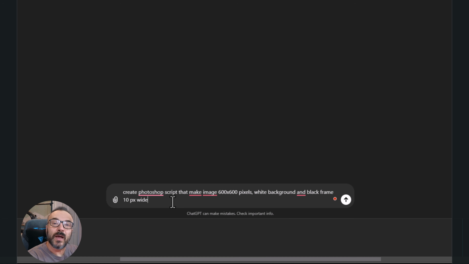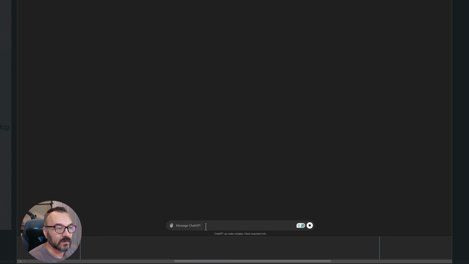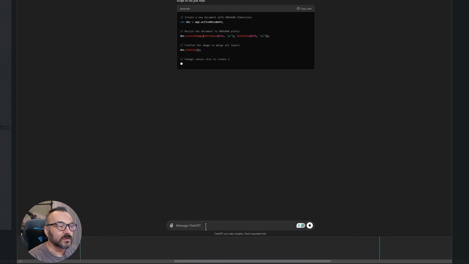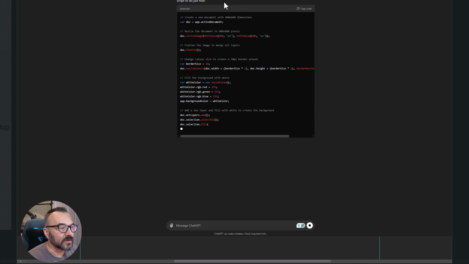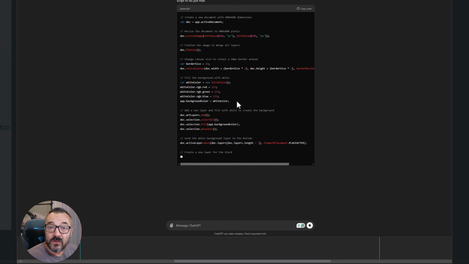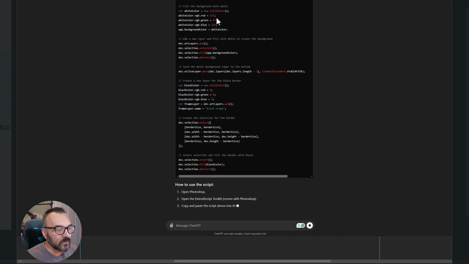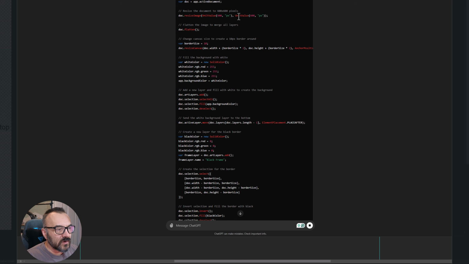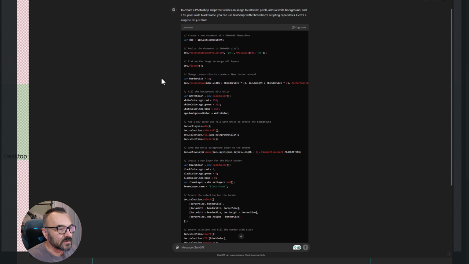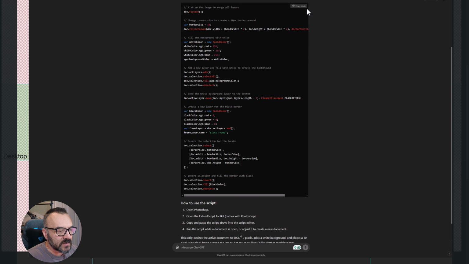And usually what I do, I create a script, be sure it's working, and we can add more and more complexity later. So all I put in, and you can see ChatGPT is instantly answering me and creating this code. Looking at this code, it's creating a document, resizing to the size we needed, the border size, all of this you can see. It's a very simple way. Next, we need to copy this code,